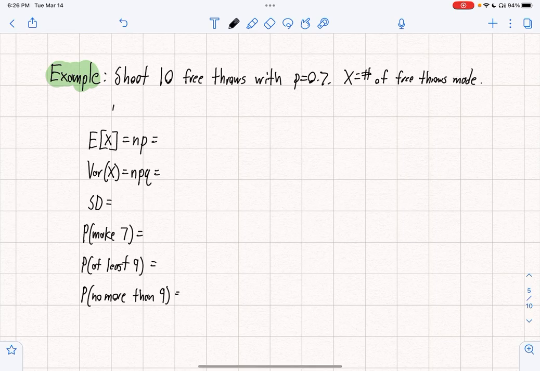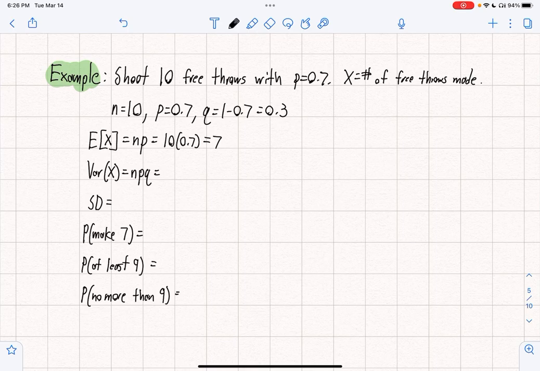So here, n is equal to 10. We're shooting 10 free throws, so 10 trials. We're told the probability of success, p, is 0.7, which means q, which is 1 minus 0.7, would be equal to 0.3. Okay, so expected value is np, and here n is 10. Probability of success is 0.7, so we expect to make 7. Right, that makes sense. If my probability of success is 0.7, I shoot 10, it makes sense that I expect